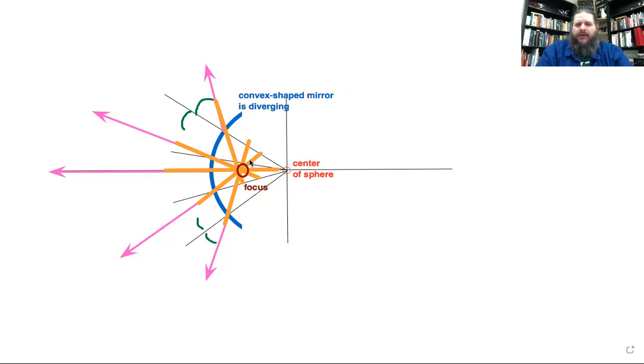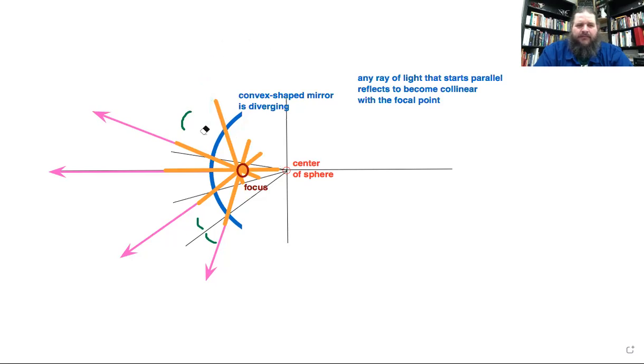So the most important property of this is that any ray of light that starts parallel, specifically parallel to the optical axis, reflects to become collinear with the focal point. That is, it reflects so that it's now traveling along a straight line that includes the focal point. And this is also reversible. If we have a ray of light that's coming in along a line that goes through the focal point,